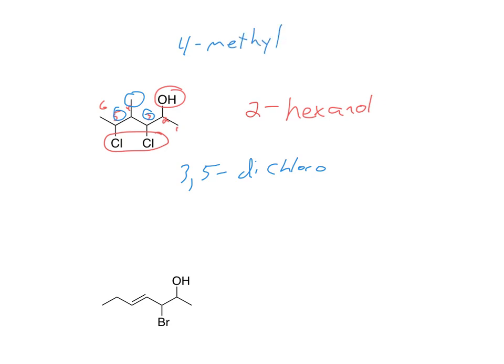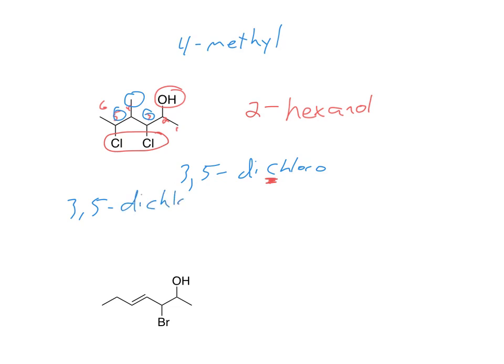And now, everything that we have here in blue isn't part of the parent chain, it's our substituents, and so we just want to alphabetize those. The biggest thing, though, that you want to be careful about is in the dichloro, make sure we alphabetize it by the C, not the D, because it's the root word, not the prefix. Alright, but C comes before M, so if we put these all together, we're still going to get the 3,5